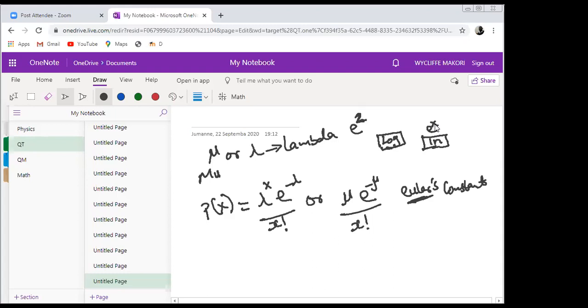So the lambda is the mean arrival rate, which is the same as mu, and then X is the number of customers that you are interested to know the probability of them appearing, and all that. It is actually a very short formula, which we can apply. I want us to start with this question that I'm going to give, but I know it is in your notes, which reads that,